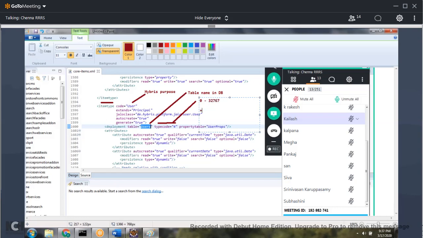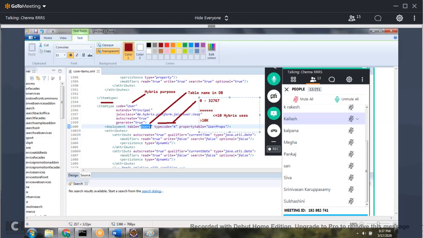When you are creating the table, give the number after 10K. The rule is that numbers less than or equal to 10K, Hybris uses. After 10K, whatever you have, you can use.